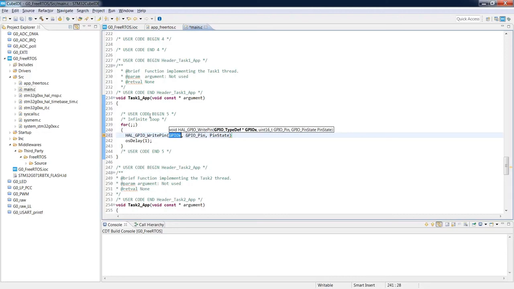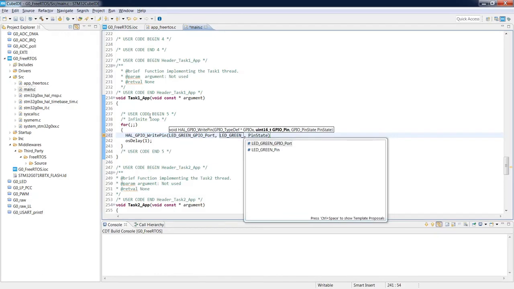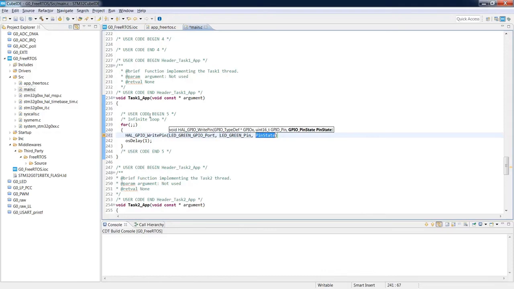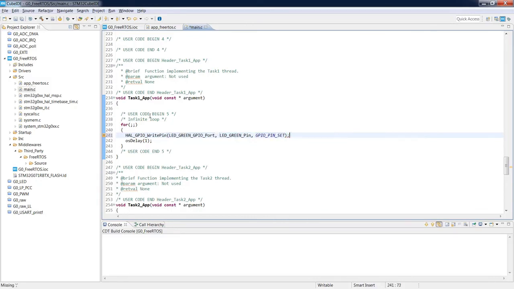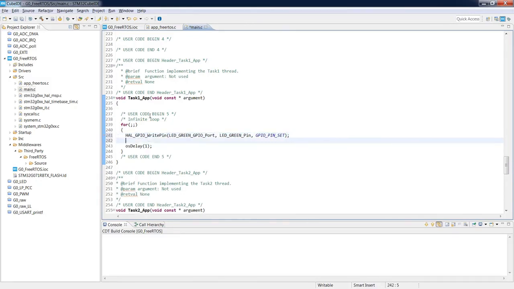HAL_GPIO_WritePin, then LED_GREEN_GPIO_Port, then the pin LED_GREEN_Pin, and the pin state GPIO_PIN_SET. So this is turning on our green LED, and then we will wait for 1 second.